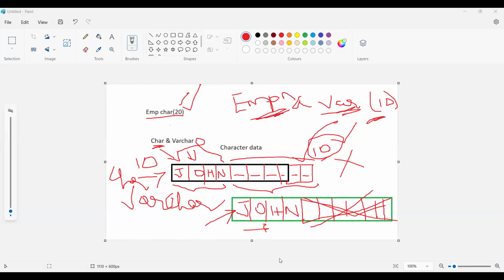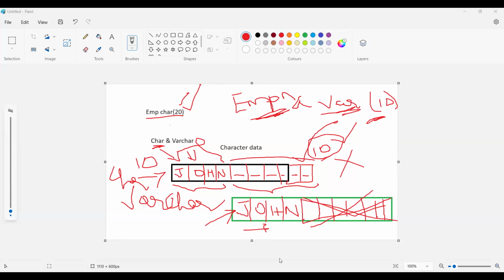But ma'am, the processing speed would be higher for CHAR, right? A little bit. There will be a little difference. Of course, for CHAR it will be higher. But again, if we use CHAR, the memory wastage will be huge, right? For that reason, I'm not saying we won't use CHAR. We will use both